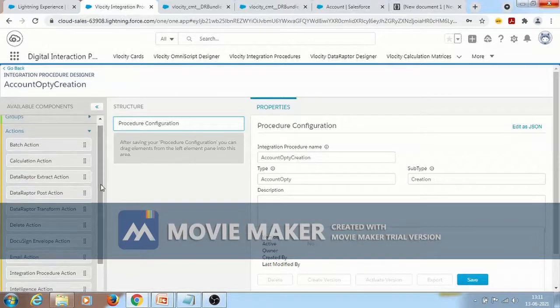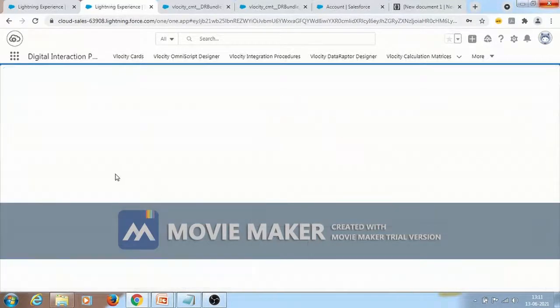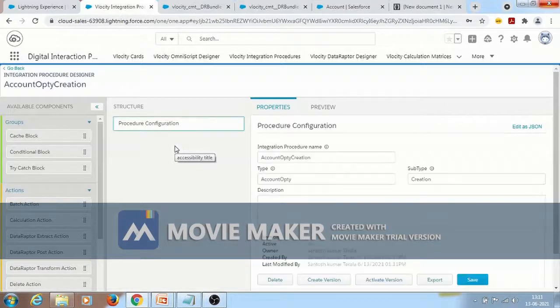Now I'll use the post action, that is post data wrapper. Okay, I need to save this. Then it will be created.